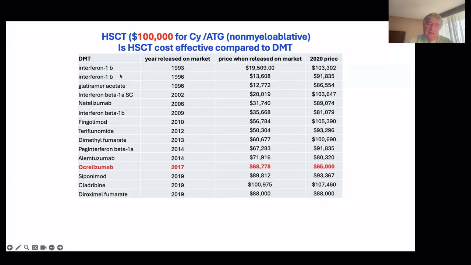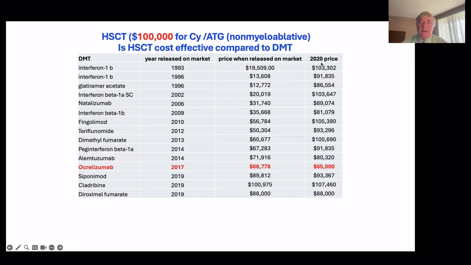Another type, well, it's interferon, but a different company making it: $13,000. Copaxone, which is glatiramer acetate, $12,000. Natalizumab, $31,000. All these drugs start out at a lower price. If you look at them in 2020, I haven't updated that data, but they've jumped from 19,000 to over 100,000, from 13,000 to 91,000. All the drugs are about